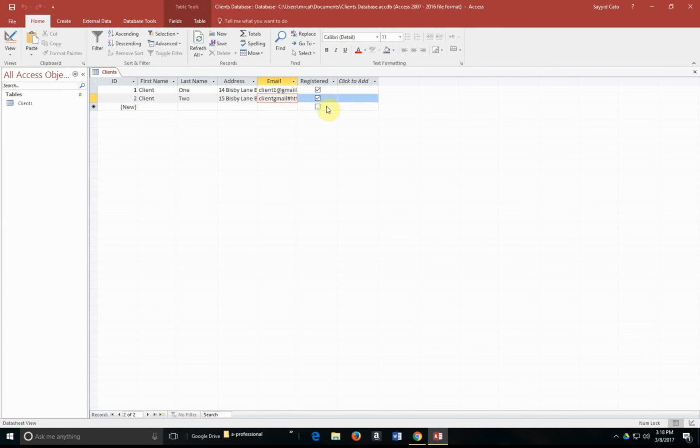at client2 at gmail.com, and of course it has the HTTP in there that was there before, and so we might have to change those accordingly. Okay, if we change it back to the email, then it will work once more. It's actually giving you the mail too, making our lives a lot easier. All right, so here's how we would go about creating records within Microsoft Access,